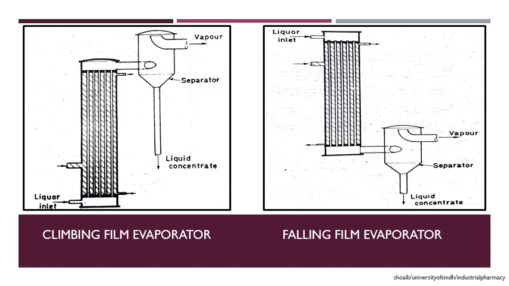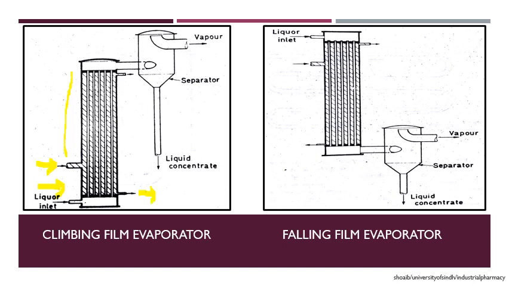Now, as we have discussed initially, there are long tubes, and in those tubes the material to be evaporated is present. They are surrounded by the steam jacketed tubes. Now the material to be evaporated comes through this inlet and moves upward as it is heated. The steam comes from this inlet, and the water from the steam goes out from this side.